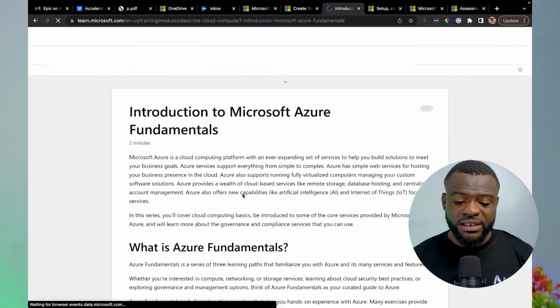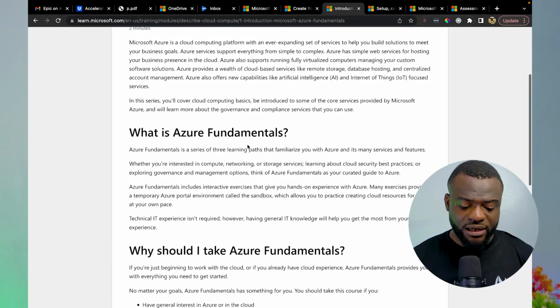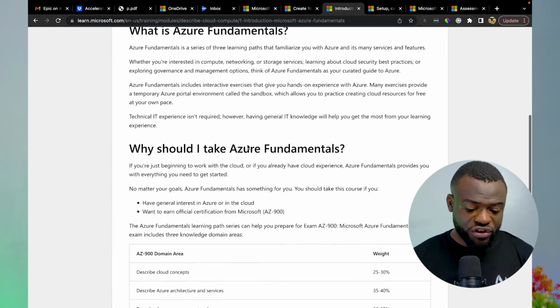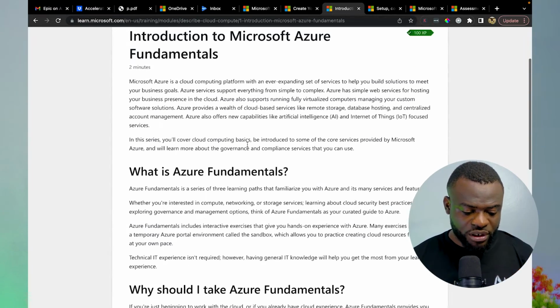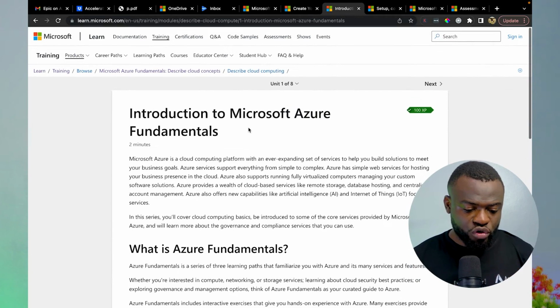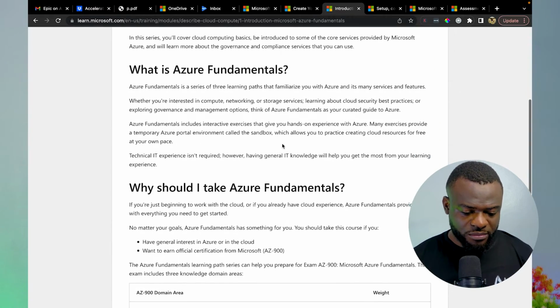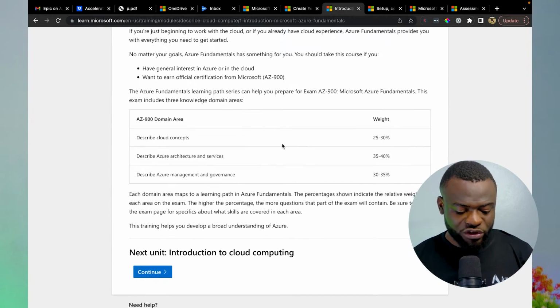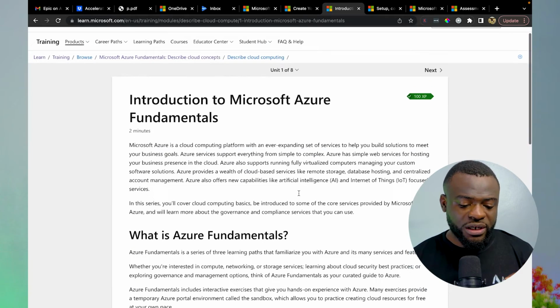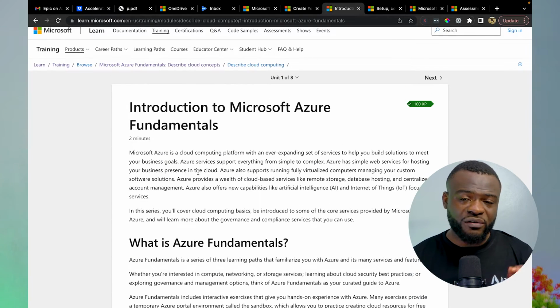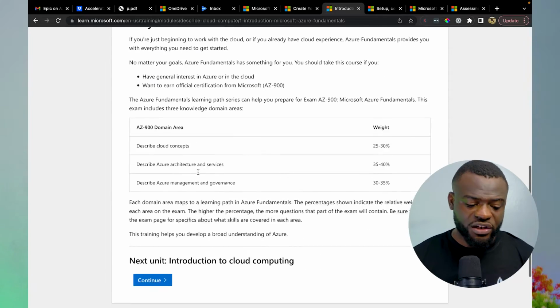Now, assuming you want to get started, all you need to do is just click on start. Once you click on start, you can self-track your understanding of some of these concepts. So it gives you the modules, introduction to Microsoft Azure Fundamentals. If you go through from start to the end, you can have all the necessary requirements to take the Microsoft Azure Fundamentals certification. So you can use this tool to get yourself trained. That's if you don't have the resources to get yourself enrolled in an academy that can guide you through your